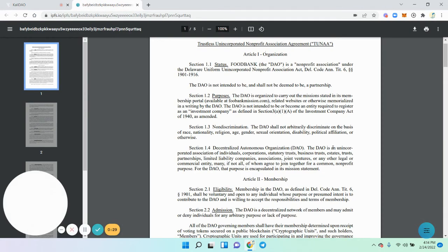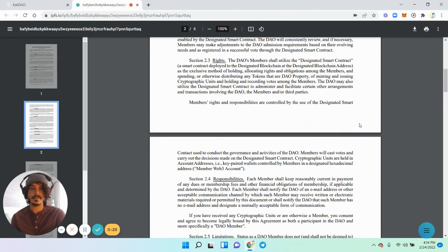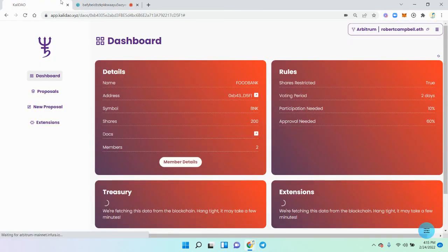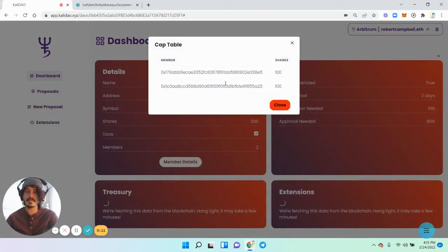And then I also have this nifty document that is drafted from the deployment, like I said, and it will reflect that we want to be UNA. Using Food Bank DAO UNA, I could enter into a lease agreement, I could pay contractors, and I could have separate liability from the DAO founders. So I think that's basically a valuable service and good for Ethereum people and other people that just want simpler ways to create sort of online bank accounts. They want to take in funding. They want